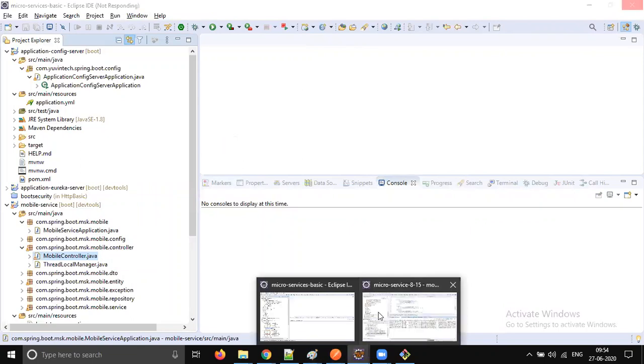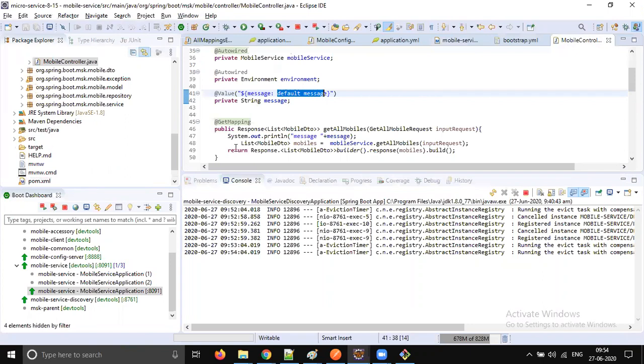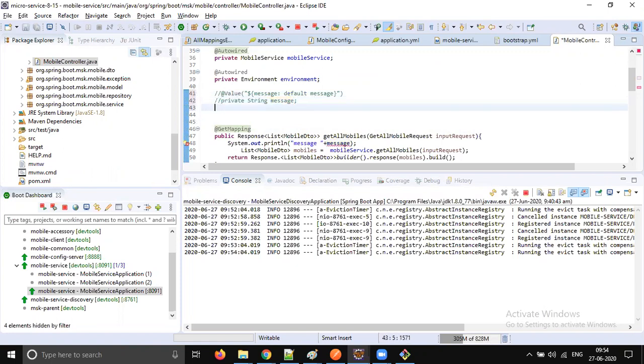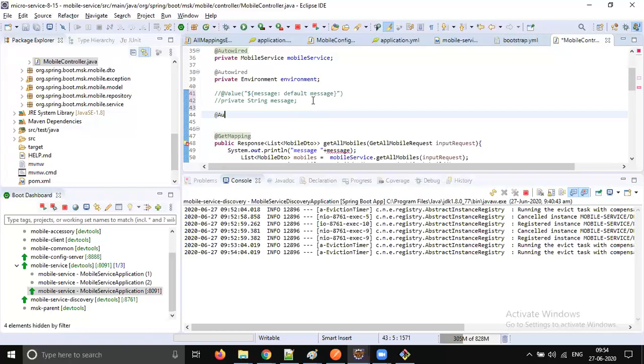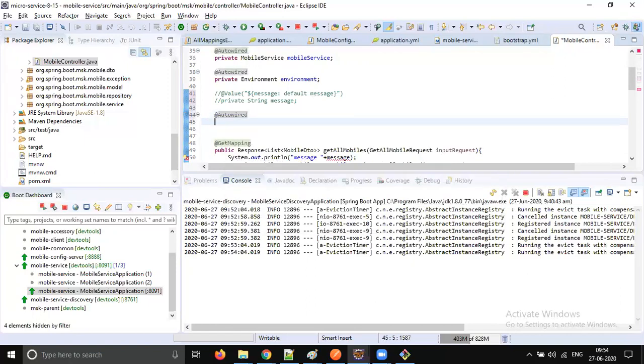I went into the wrong workspace, so let's come back. Yeah, get into the mobile controller. So here the problem is @Value, so it is only instantiating one time, right? So instead of doing this, let's use environment. Let's read dynamically on the fly, right? So @Autowired. Okay, we will do that operation one more time. We will change the message one more time and see whether it's working or not. So let's read it dynamically.